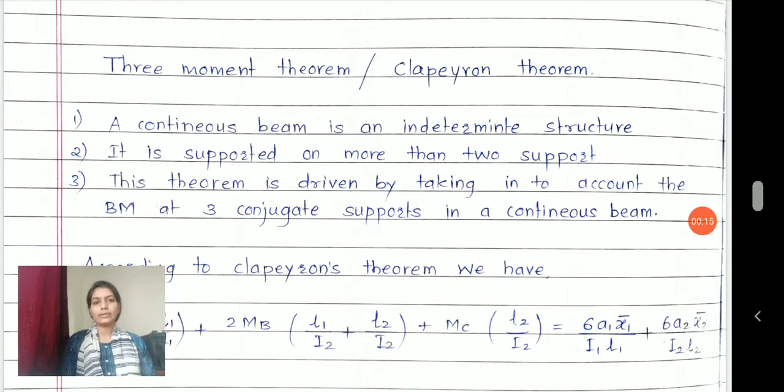Clapeyron's theorem is a theorem which helps us to analyze continuous beams, right? In the continuous beam, we have seen that the number of unknowns goes beyond 3, and that's why we need extra compatibility equations to solve such indeterminate structures, right? And therefore, we have taken the help of this three-moment theorem, where we calculate moments by taking three consecutive supports out of a continuous beam, right? We have solved one problem.